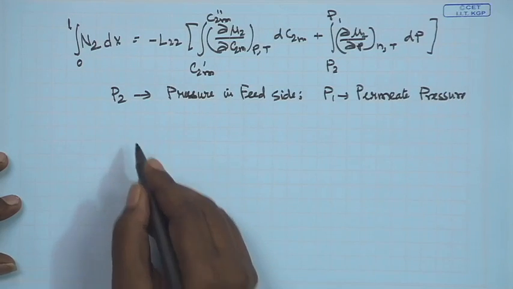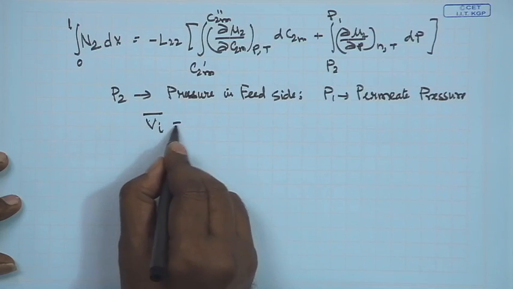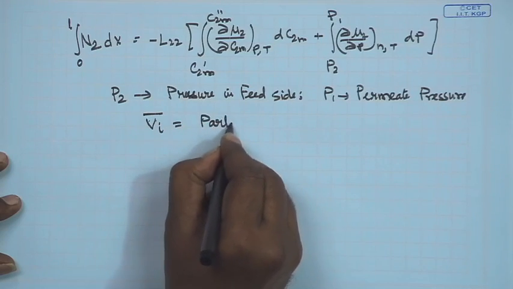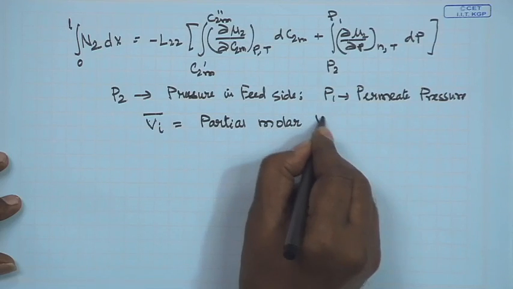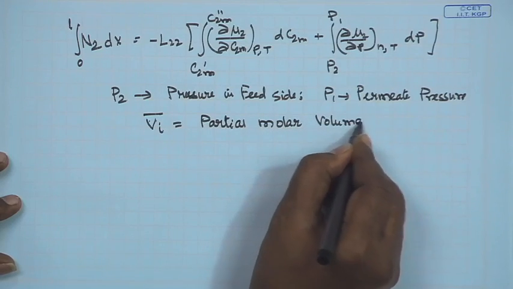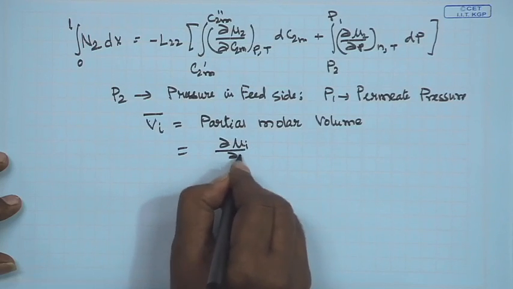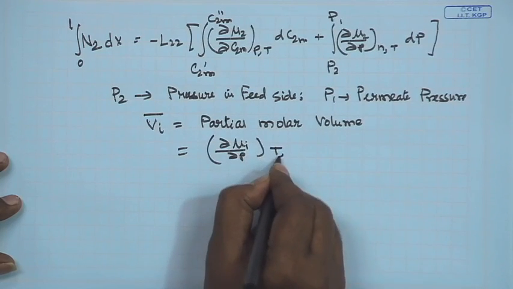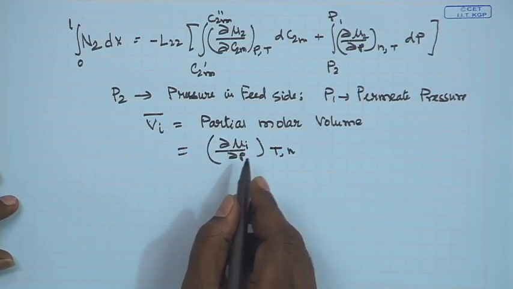Okay. So, V_2 bar, let us define the partial molar volume. That will be del mu_i del p at constant T and n. So, using this definition of molar volume, we can